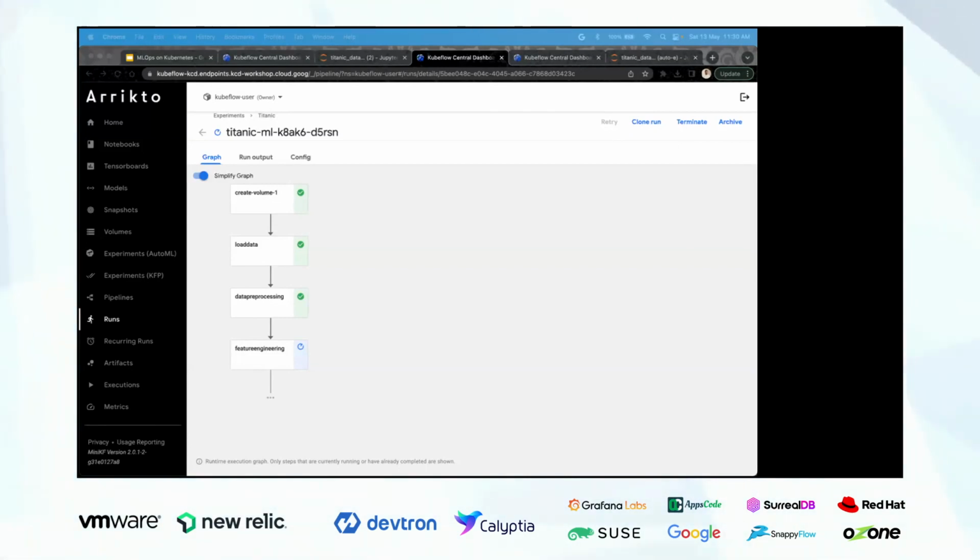For each of the Kubeflow components or clusters, it takes snapshots, and we can directly come to this point, because we will skip all the steps before that and go directly to the particular block where the error was, and we will rectify that error. Once we rectify that error, the pipeline will continue on.